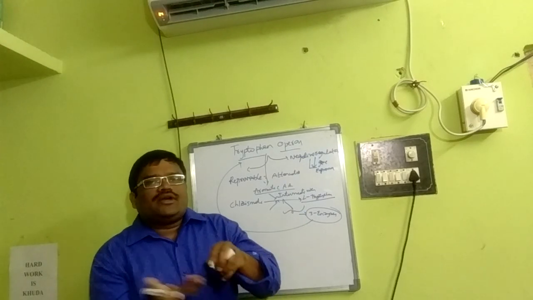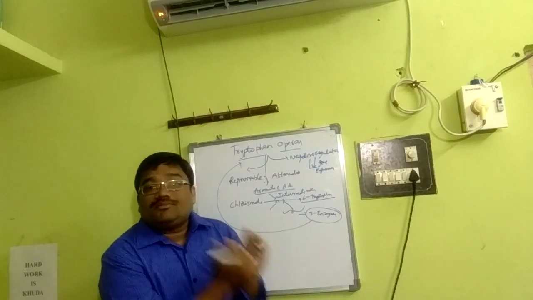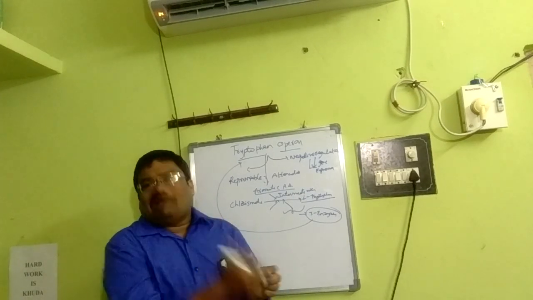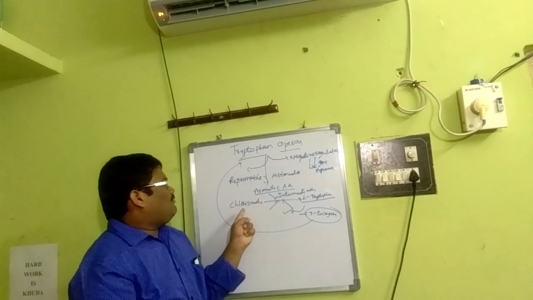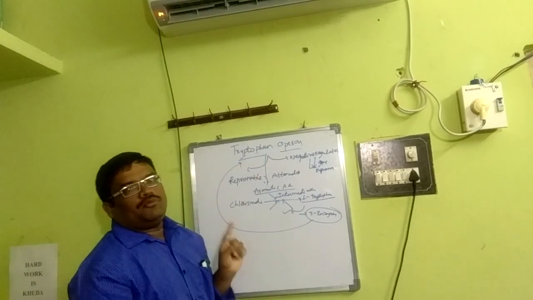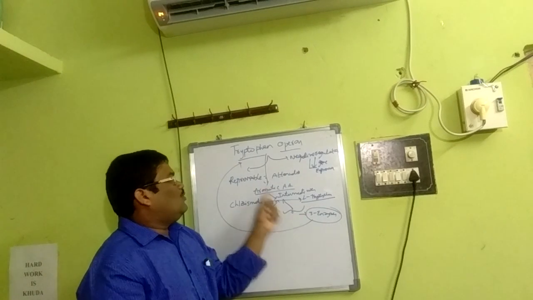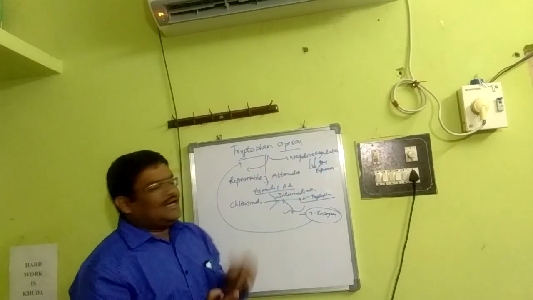But here we're not going to discuss the biosynthesis of the amino acid tryptophan, but how the tryptophan operon is regulated, that means how it works. Okay, so the 3 enzymes are necessary for conversion of chorismate to L-tryptophan, and it's about how the tryptophan operon operates. That is the main objective. Okay, these are the basic components. It is a negative regulator of operon, repressible, and has an attenuator.